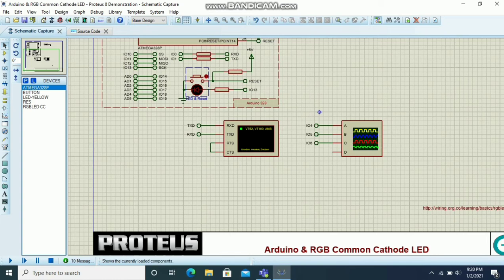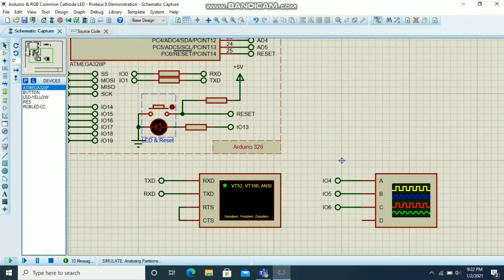So now let me run the program and you will see the LED will be blinking here. Now I have run the code and as you can see, the LED has started blinking. It has blinked once, now second time and now the third time. This has blinked according to the code. See, the LED is still blinking and it will blink once again as the code will be continued in a loop. Now let me stop the code and connect this output pin 13 to the oscilloscope so that we could see the digital wave.